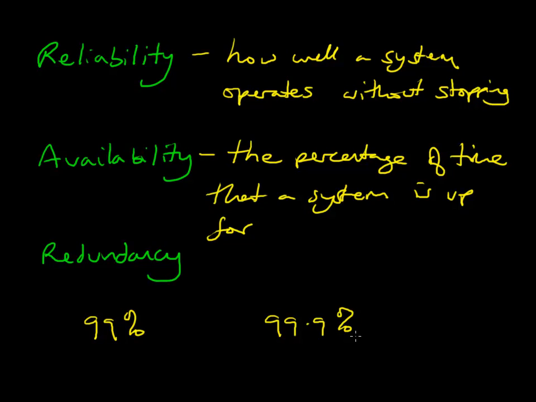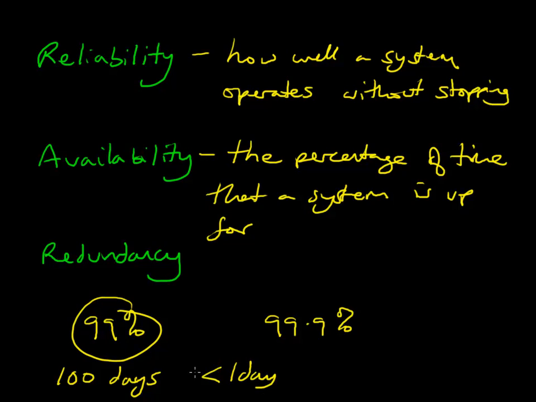And what this means is if we have, say, a 99% availability or uptime, then within 100 days, they would guarantee that your website would be down for less than 1 day, because that would get you the 99%. But it doesn't have to be just 1 day. It could be that it's down for a certain number of hours spread over the 100 days, and that's going to be less than 24 hours in total.